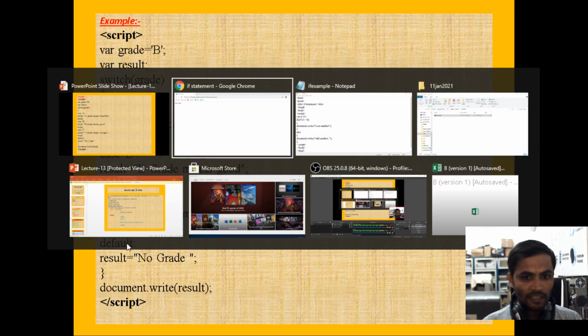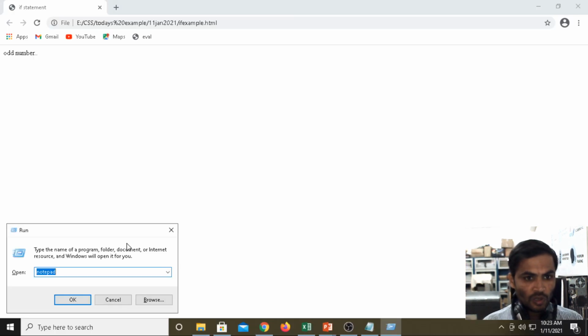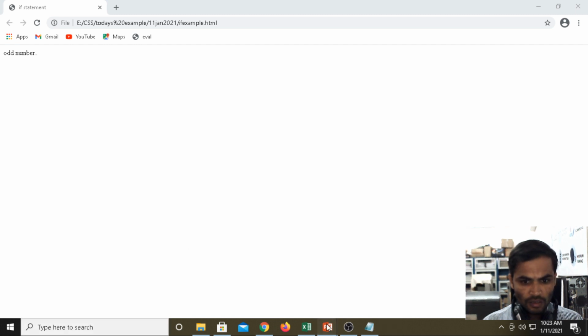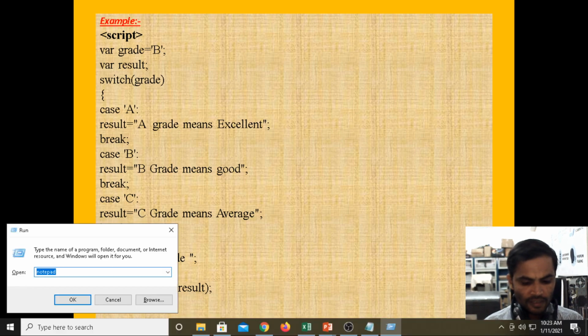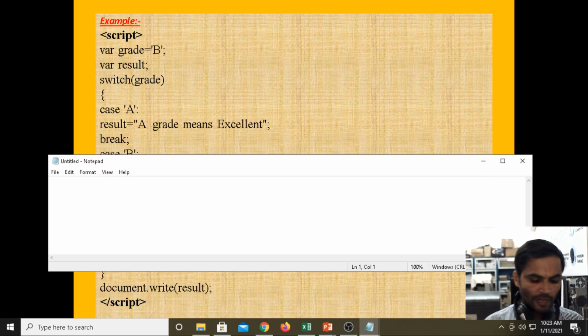Under the notepad, now I am opening the notepad. See here, I am going for the script, then variable, I am taking grade, I am taking as A grade.